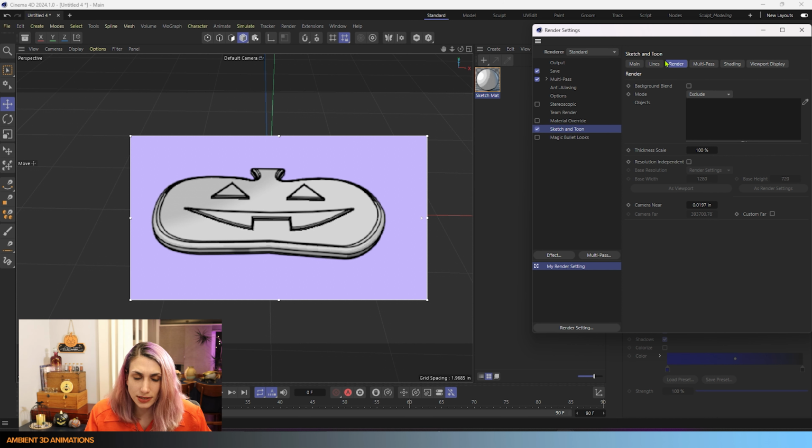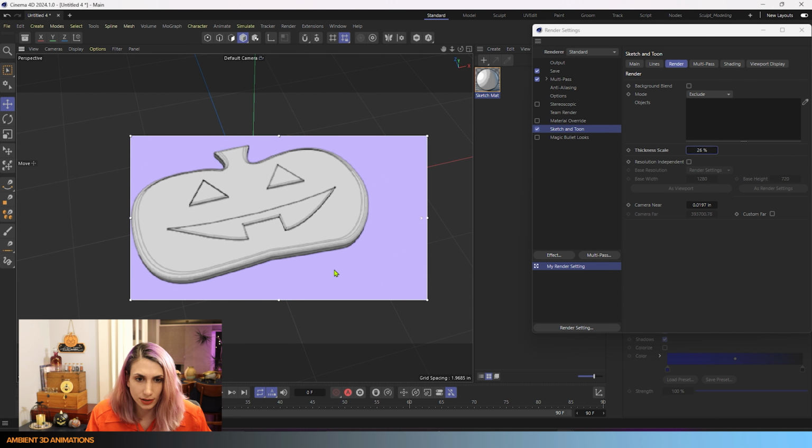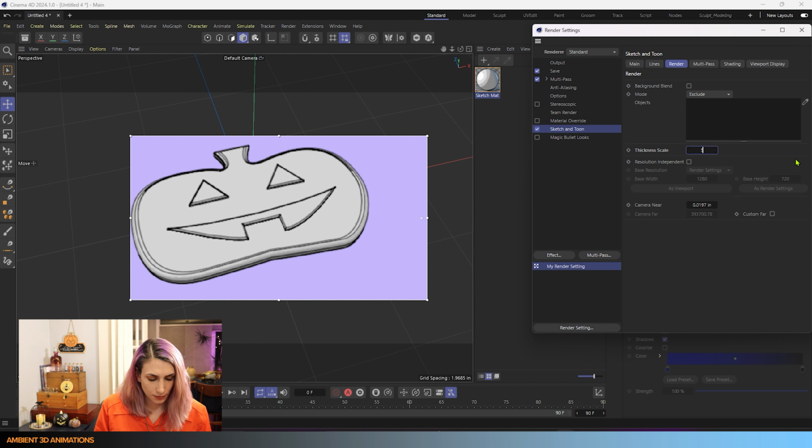So under render, what you can do is you can reduce your thickness scale. So let's say I reduce it to something quite a bit thinner like that. You'll see that our lines just became a whole lot thinner. Maybe 50% looks good to me.